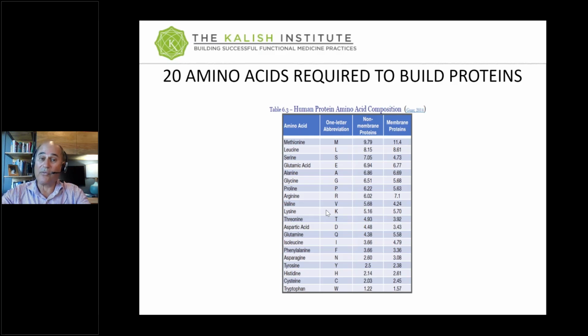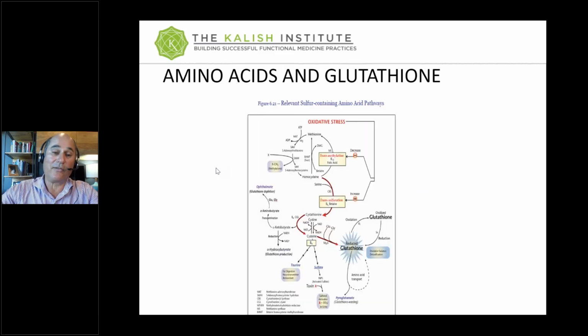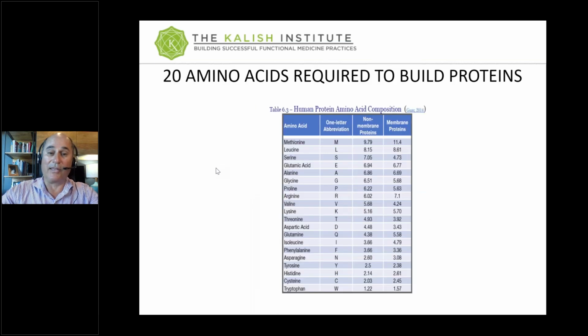And if you use free-form aminos, it's kind of like cheating a little bit. You don't have to get super specific. They're going to have all these aminos in it. You add in extra for the ones that are low, and you make a sort of custom drink for people so that they're getting amino acid repletion for 3 to 6 months. Then you have them stop and retest, and you always want to include at least B vitamins in there and probably some kind of a multi so they can utilize the amino acids effectively.